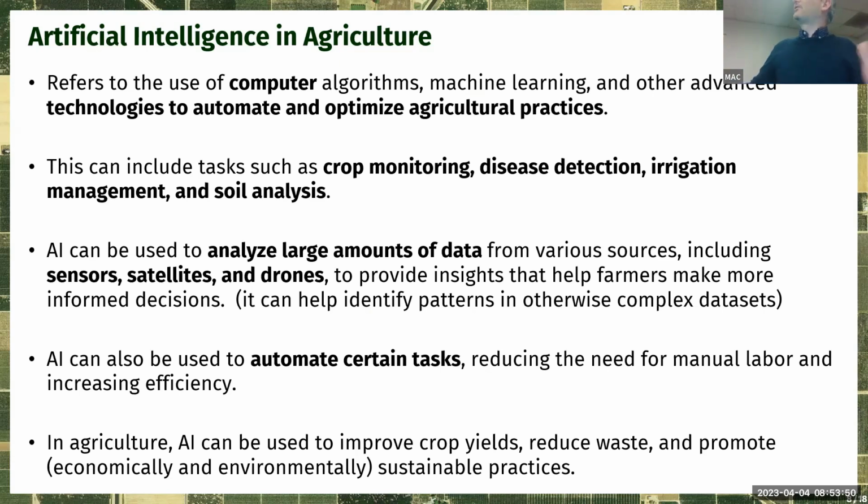Typically, this is used to analyze big amounts of data, not just the single trial done at the Cooperative Extension Experimental Station, but across data sets that typically span multiple states, and includes the use of fixed sensors, satellites, drones, and such. So you can automate certain tasks, but you can also just take your current practices and maybe adjust some of what you're doing, irrigation scheduling, or the amount of nitrogen that you're applying in the soil, and so